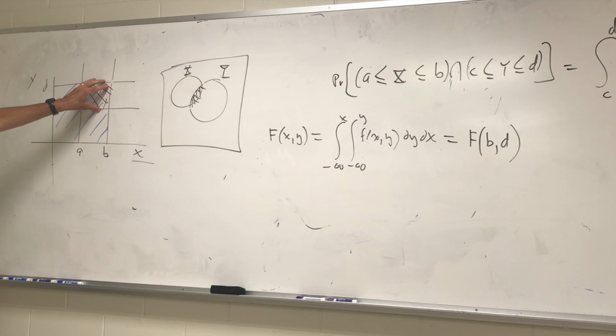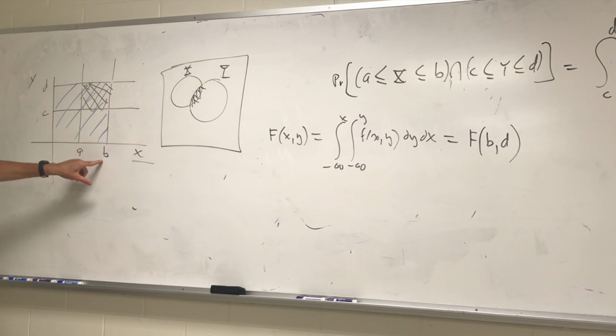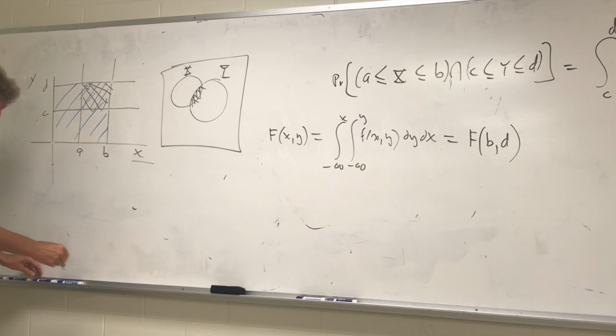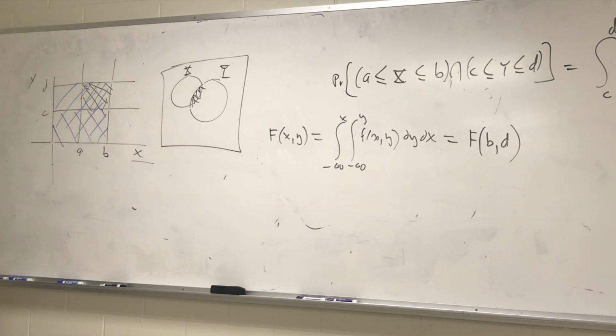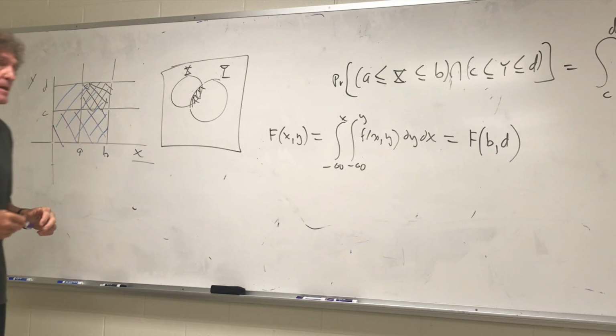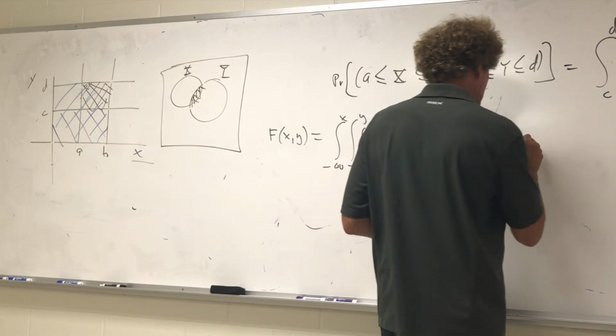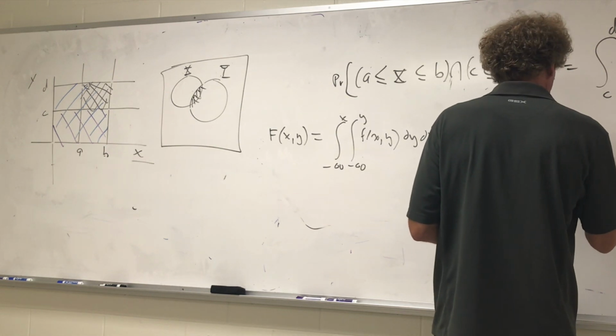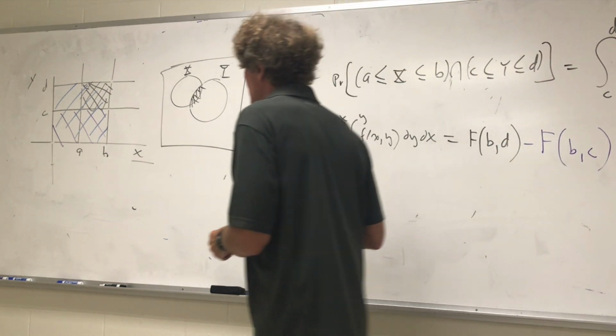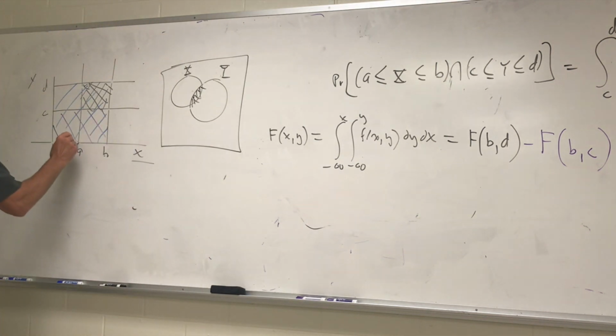So if I start there, now we have to subtract off areas if I want just this black cross-hatched area. The first area I'm going to subtract is this area down here, this lower quadrant. So let me see if I can push this in purple. You'll see what I'm doing, I think. So that would be F of, and it would be x is b, but y equals c. Do you agree with that? So I take minus F of b comma c,